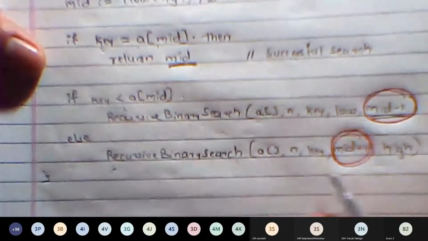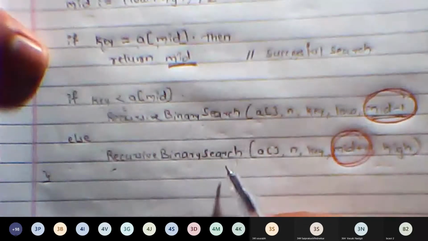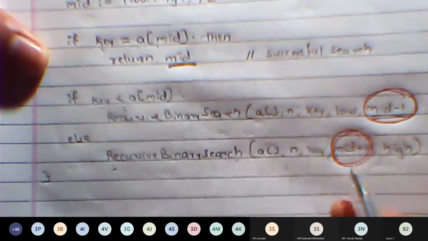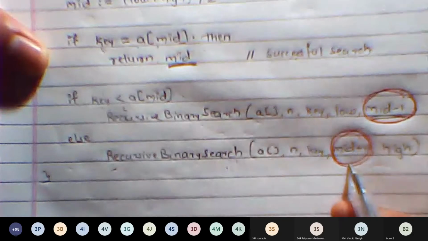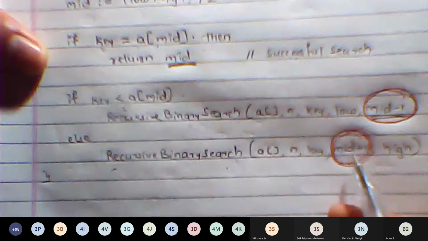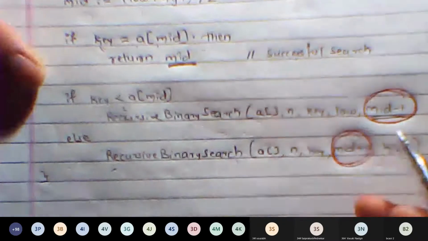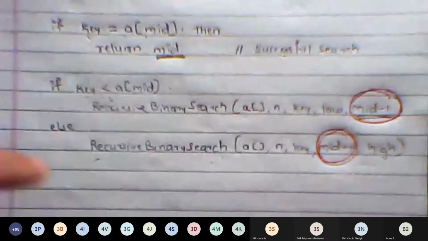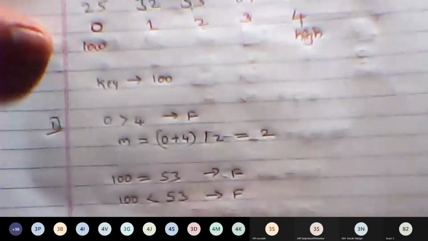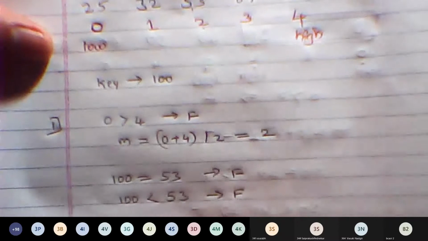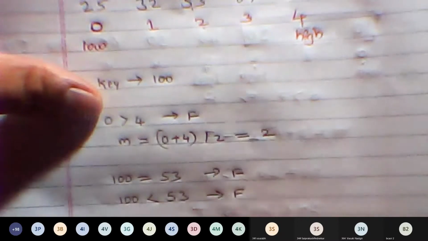In the else block, we call the recursive algorithm once again by modifying the low value. The new low value will be mid plus 1. Since we want to search on the right side, we need to take a new low value. So when we call here, the low value will be mid plus 1, that is 2 plus 1, that is 3.